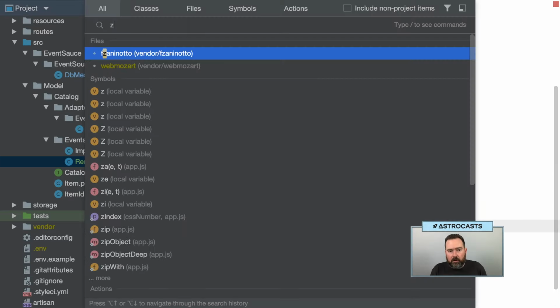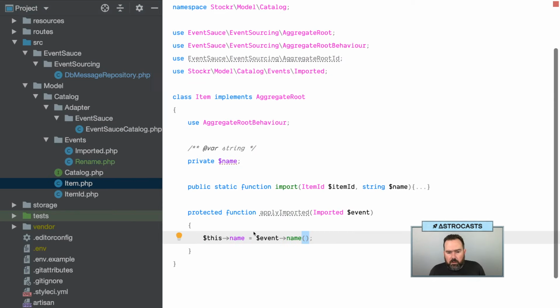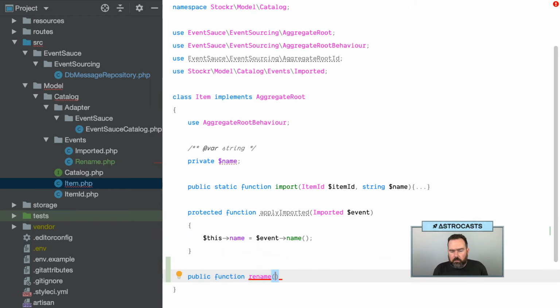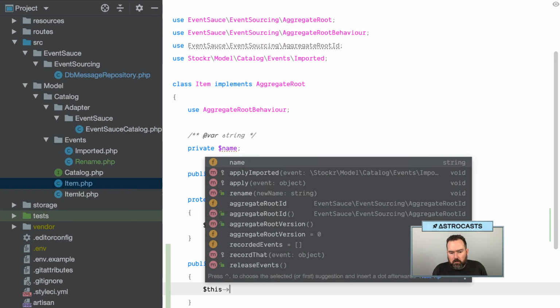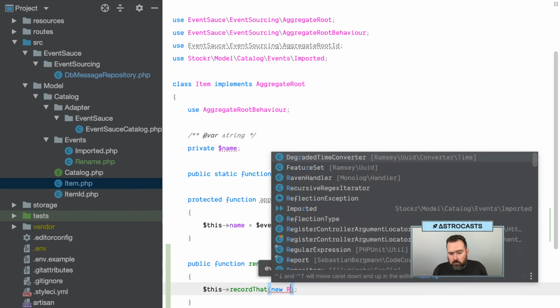Which means in our wiring command, we can use this now. So let's do item, apply imported. Let's do rename, $string, $new name. Record that, and we can do new rename event